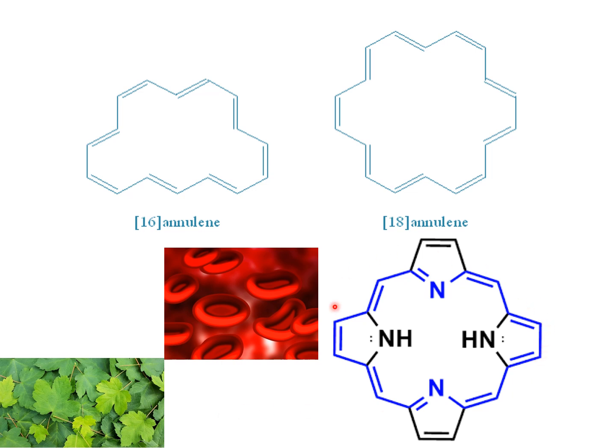In case of porphyrin, because there is introduction of heteroatoms, the simple calculation of pi electrons will not work in this case. You need to consider non-bonded lone pair of electrons on the nitrogen, and even they are not available every time. So in case of heteroaromatics, the rule becomes somewhat complicated and every atom must be considered along with its lone pair. But because porphyrin, the blue highlighted portion, is similar to the 18-annulene, it is aromatic.